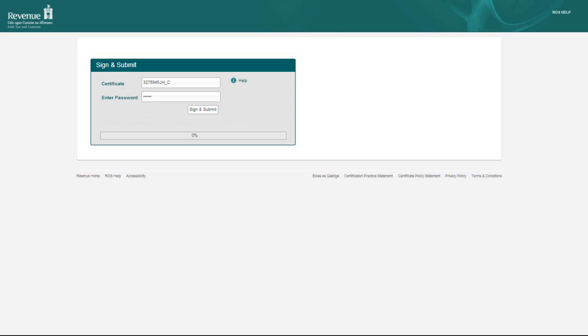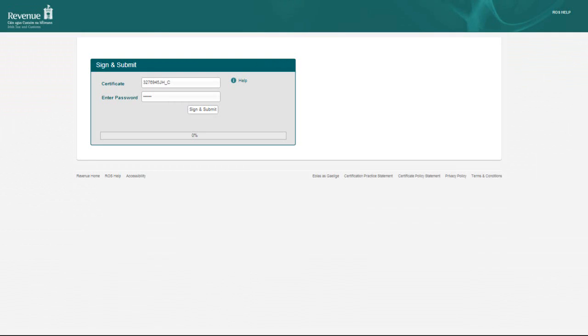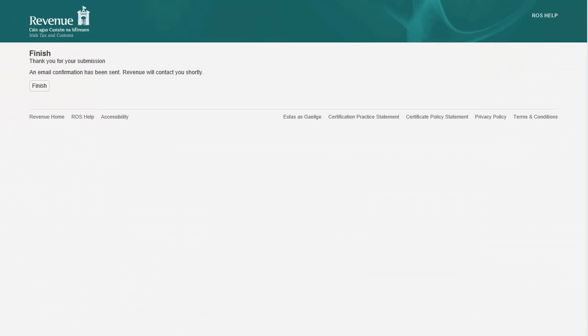You are now at the Sign and Submit screen. This is the final step in the VAT MOSS Union Scheme registration process. Here, enter your ROS password and click Sign and Submit to submit your registration. If your registration is successful, you will be shown a confirmation page with the option to finish and return to